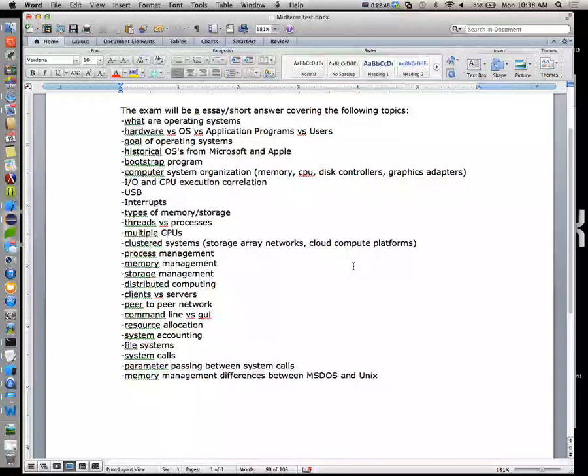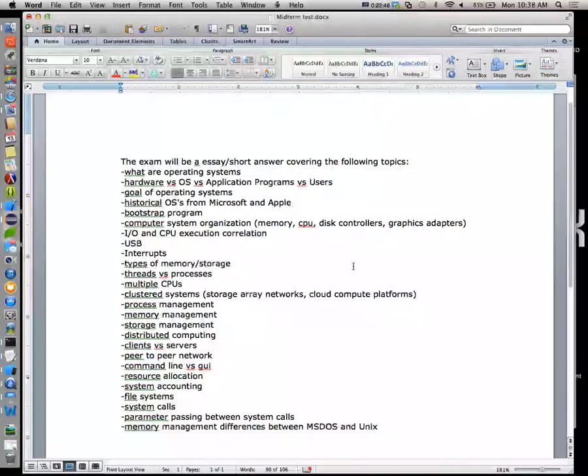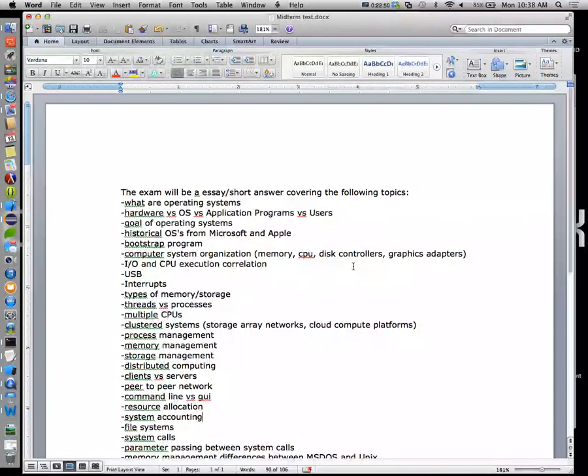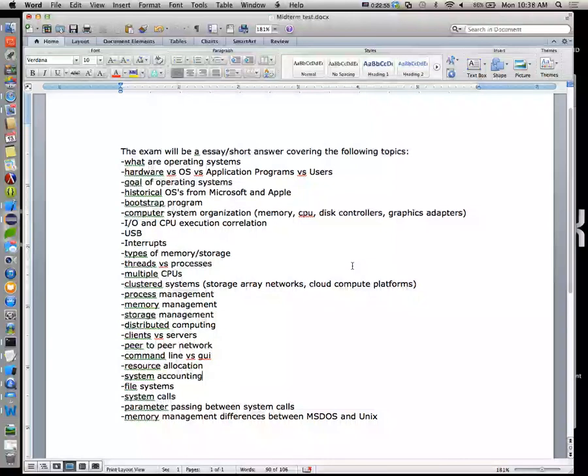Okay, so those will be the topics on the midterm. Again, it's short answer, essay type thing. We will not have any programming on this test. That isn't to say there isn't programming in this class. Second half of the semester, we're going to be doing some more of that. So, be prepared for that. It's always fun to write operating systems. Good stuff.